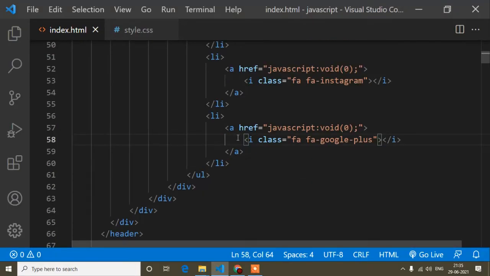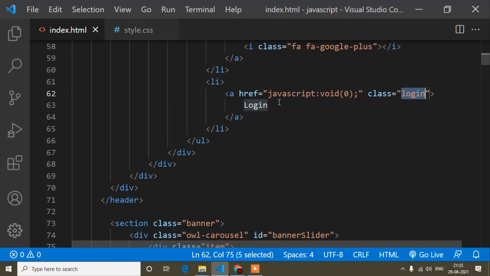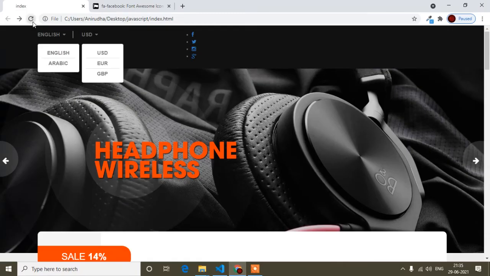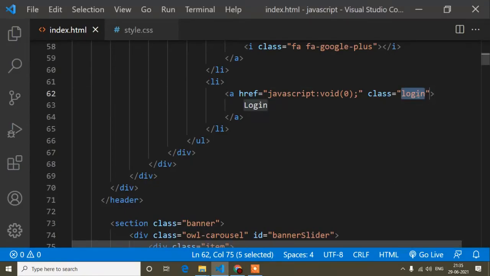And also I will create the login button. I will copy the same, because when I click the login button, it will redirect somewhere, it may redirect to any page, the login page. So I will write the same anchor tag, but instead of an icon here I will write login, and I will add the class here, that is login. In this login class I will make it a button, because by default if I refresh, you will find it's only text. So by this class name login I will add the design and make it into a button.